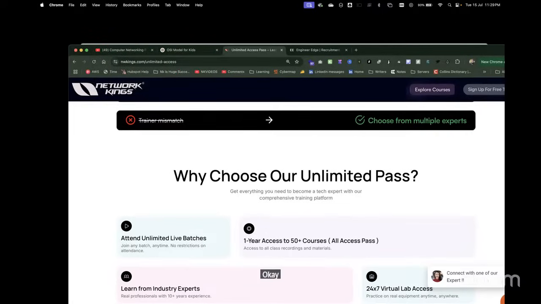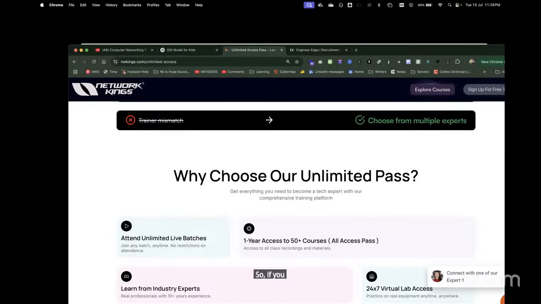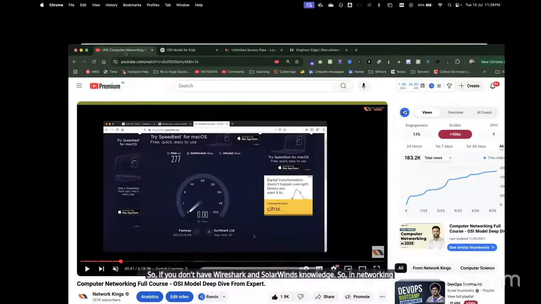Okay. So we have Cisco Meraki in our company. I have never used SolarWinds or Wireshark. Can I apply for NOC engineer or any network profile, since I have knowledge about Meraki and no knowledge of Wireshark and SolarWinds? So if you don't have Wireshark and SolarWinds knowledge, in networking we keep taking